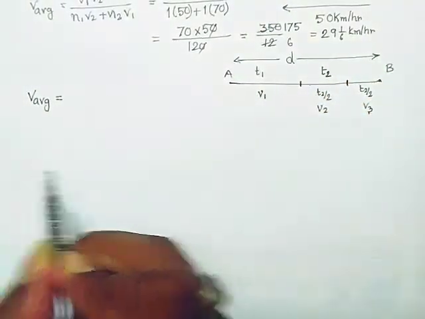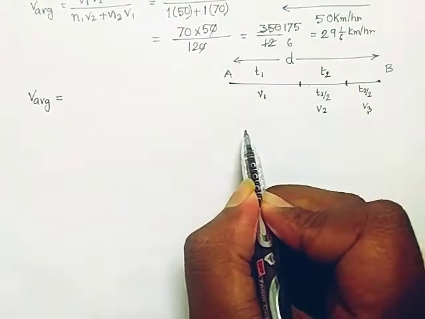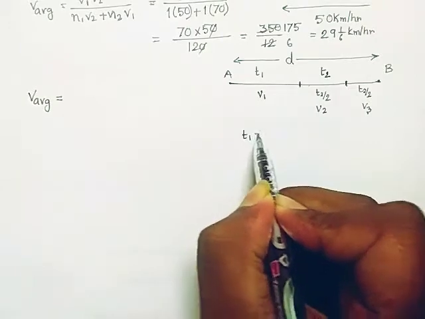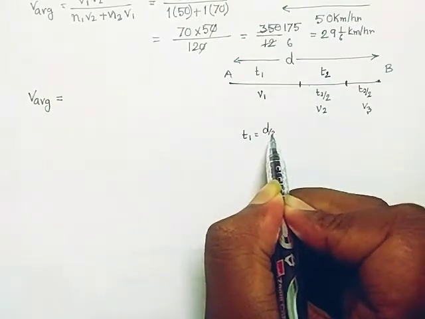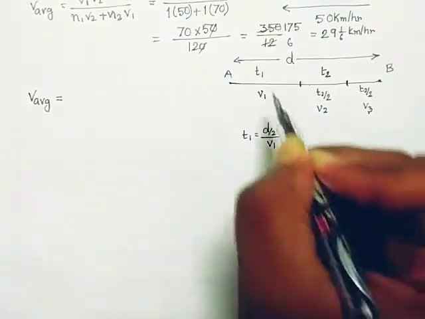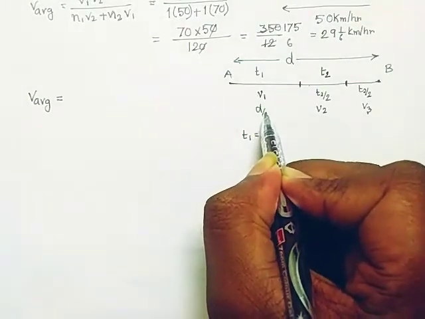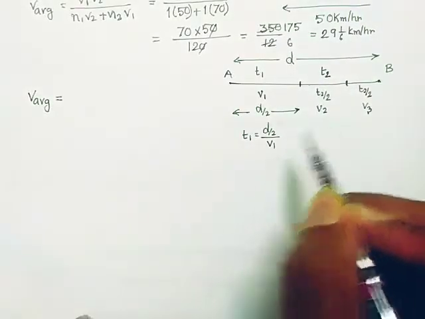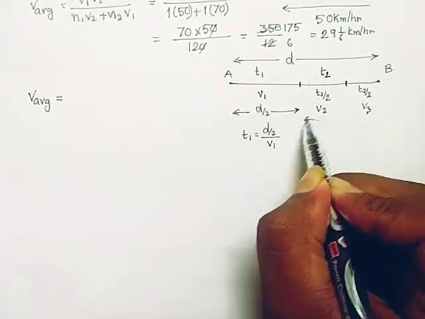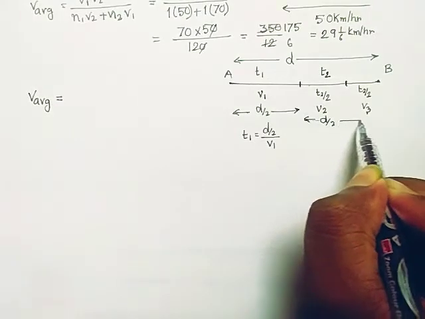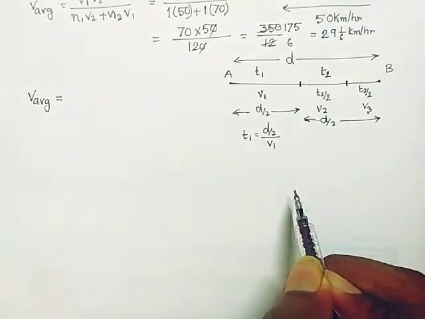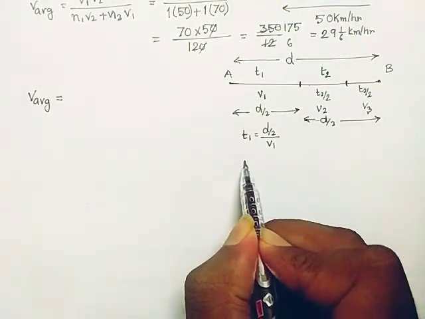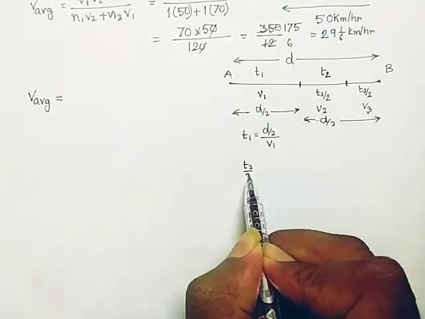But for the first case, if I want to find out the time taken by him, the time taken by him is basically d by 2 divided by v1, because he is moving half of the path with the velocity v1. The rest of the path, d by 2, remains, but this d by 2 path he moves in a different way. That is, he takes t2 by 2 time.